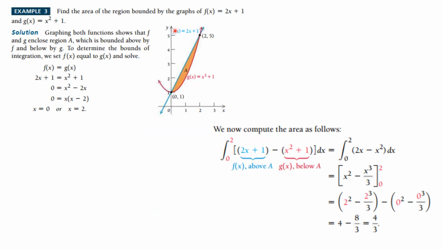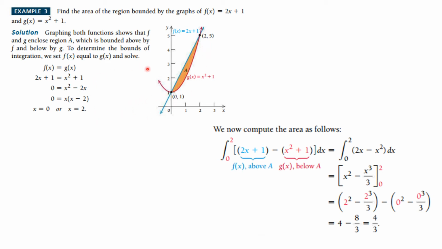So here we're trying to find the area of the region bounded by the graphs of f of x, a line, 2x plus 1, and g of x, x squared plus 1, the upward opening parabola shifted up by 1. Now if you draw a careful graph, you see this is the picture, but we have to say where do